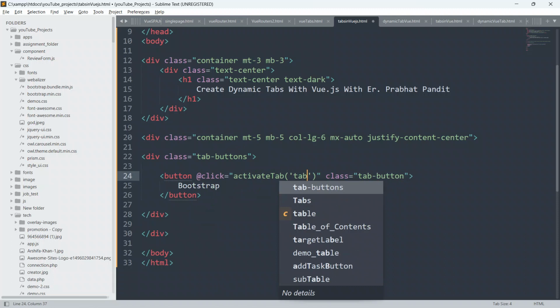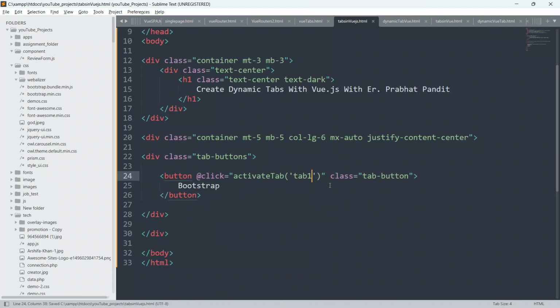Now we will give the class dynamically. I will bind the class using v-bind. The moment I put a colon, you should understand that I am using v-bind just to bind the attributes or properties to our HTML elements.